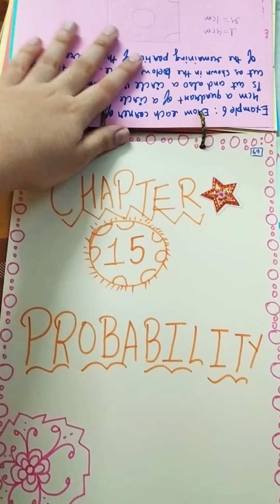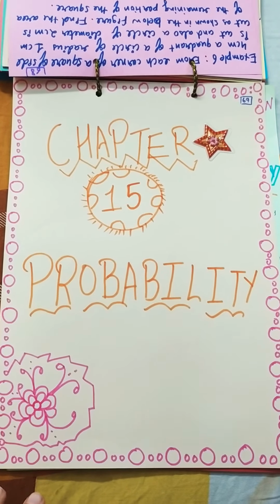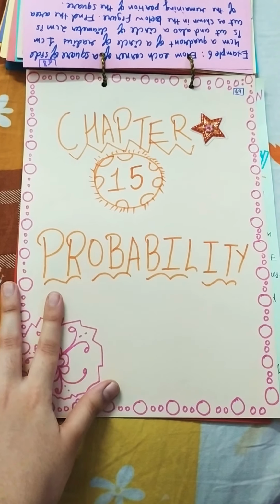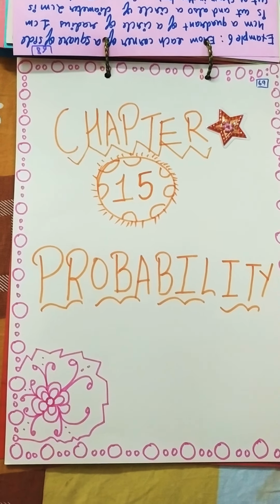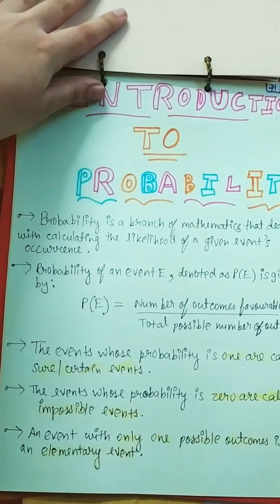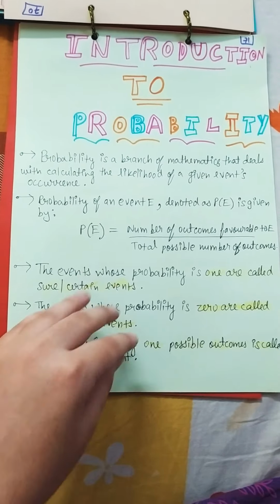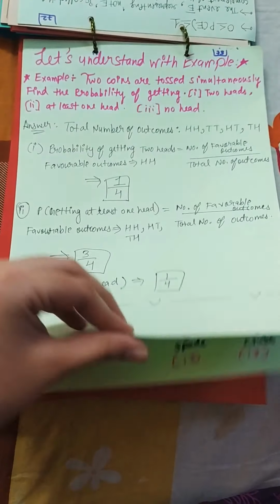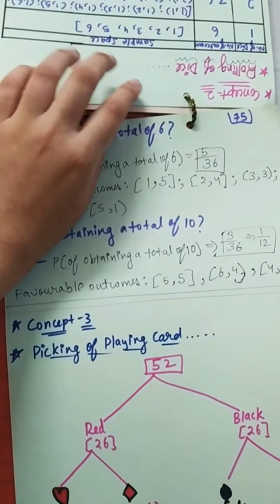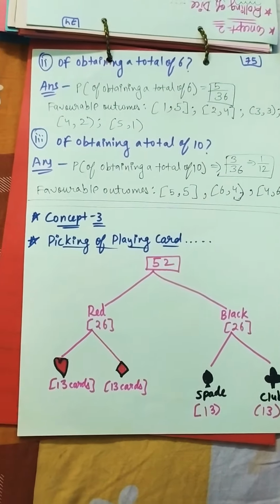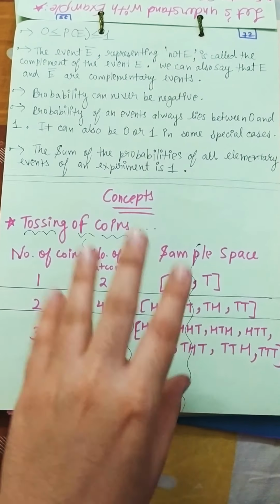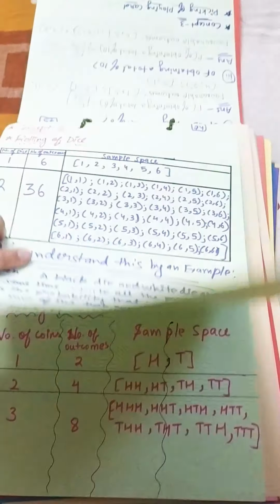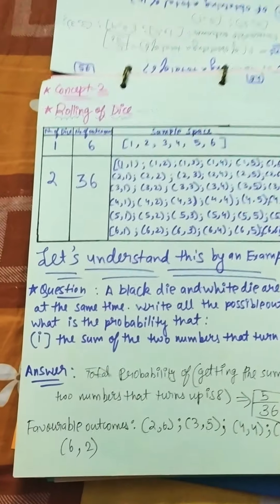And then here comes the chapter probability, chapter number 15. It's the cover page of chapter number 15. Introduction to probability. It is concept 1, tossing of coins, and it is concept 2, rolling of a dice. As you can see,